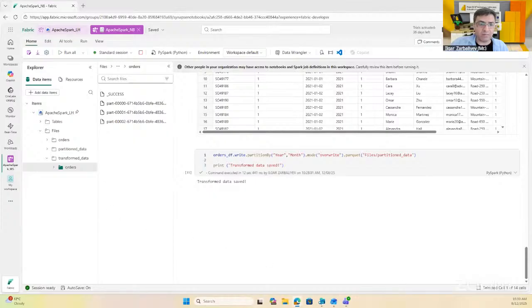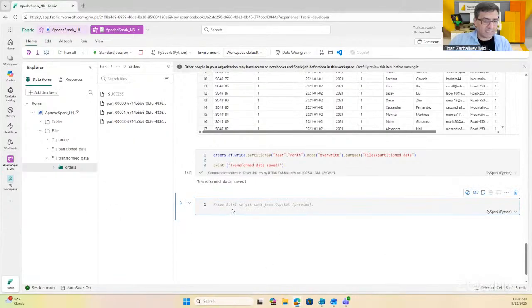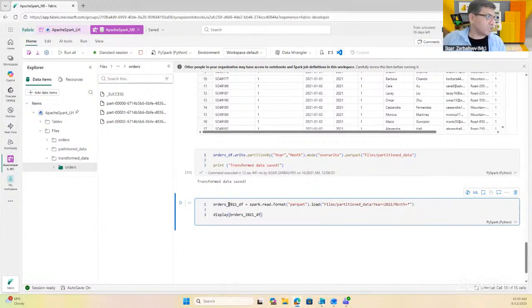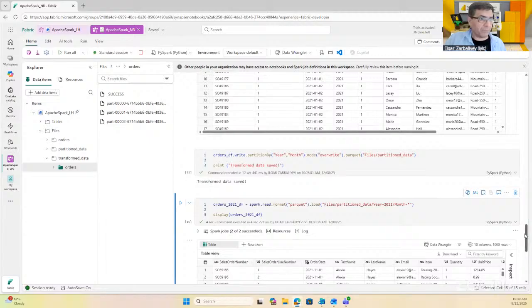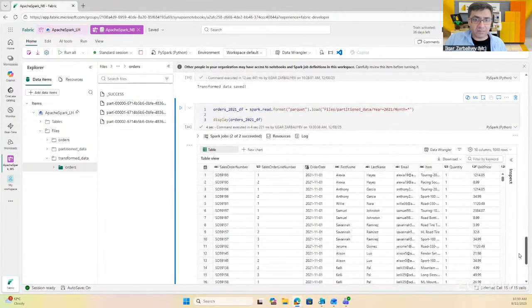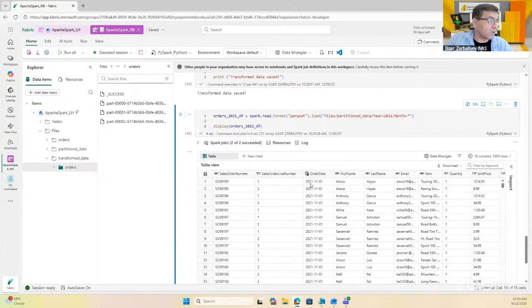So let me copy this one and add code and say Control V. Just pay attention: orders 2021 data frame, right? It's this one, and it's going to load the data from this file. And let's verify that the output shows the data for the 2021 year. So this is what we get, and we verify it. Okay. So at this point, I'm going to move to the next step of this demo, which is about working with tables